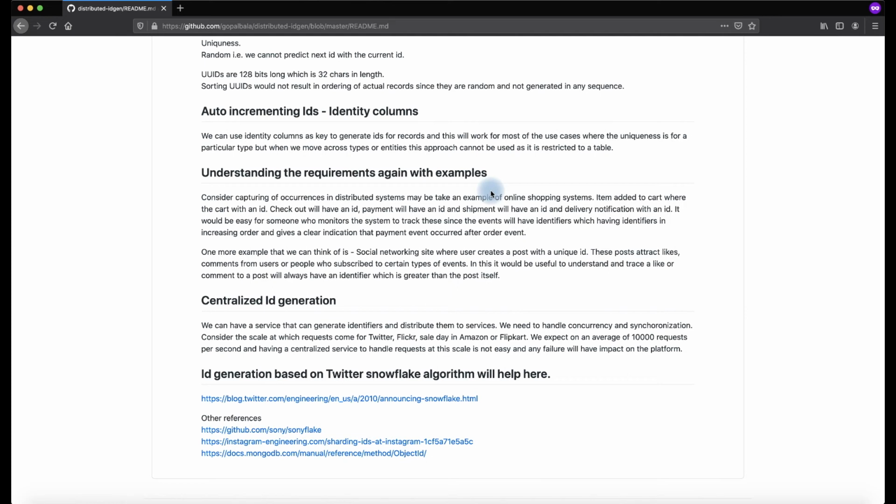I think we can use time, right? Because time always increases. The requirement says that I need to have an ID which can be sorted. What can be sorted? Anything which is incrementing is easily sortable. So it is easy to identify what happened in the previous second and what happens in the current second. If we record in terms of time, it is easy for us to sort it and identify from the ID that this has happened before and this has happened next, because it is sorted by time.